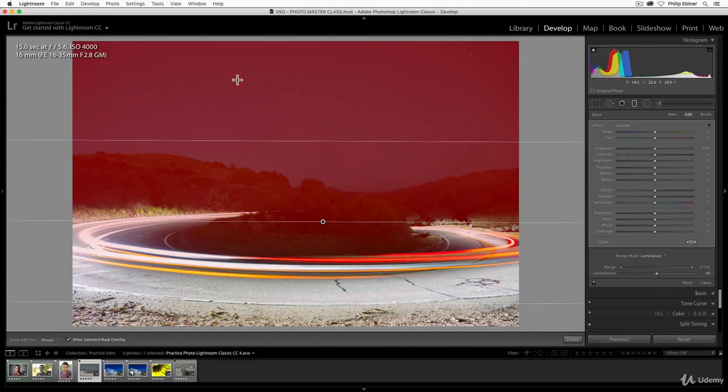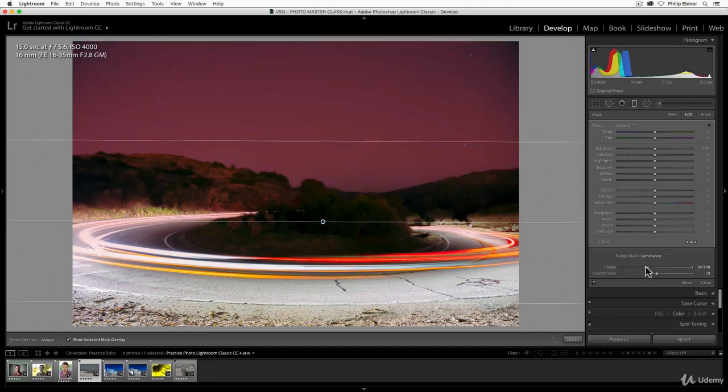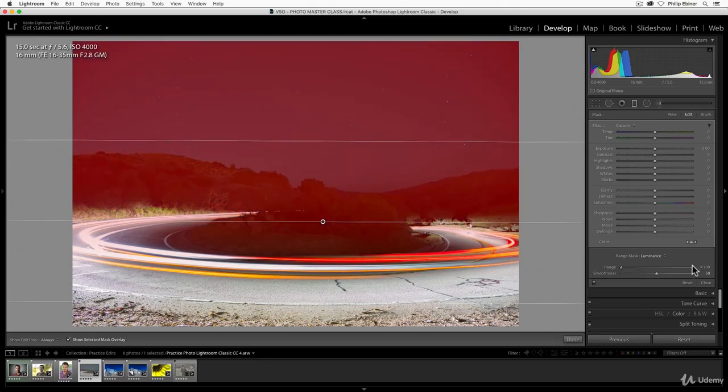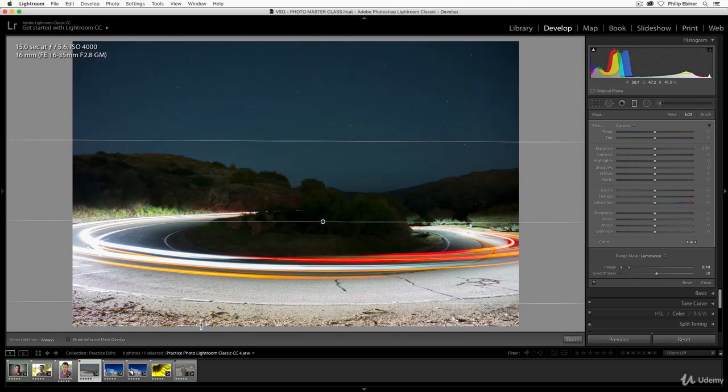Now this is selecting just everything up here, but we have these sliders that is selecting everything in the range of 0 to 100 exposure. So dragging these up or down, it can make a selection of a specific range of exposures. So if we just want to select the darks, we would drag this right part down and it would select, see more, it's just selecting the darker parts down here. So that way, if we want to just bring up the exposure of those dark parts, we can do so by just dragging up the exposure up here.